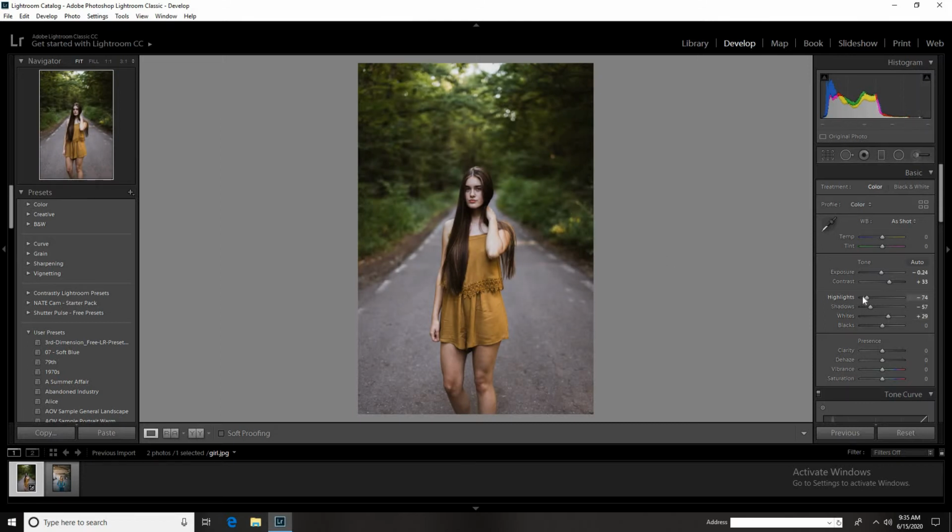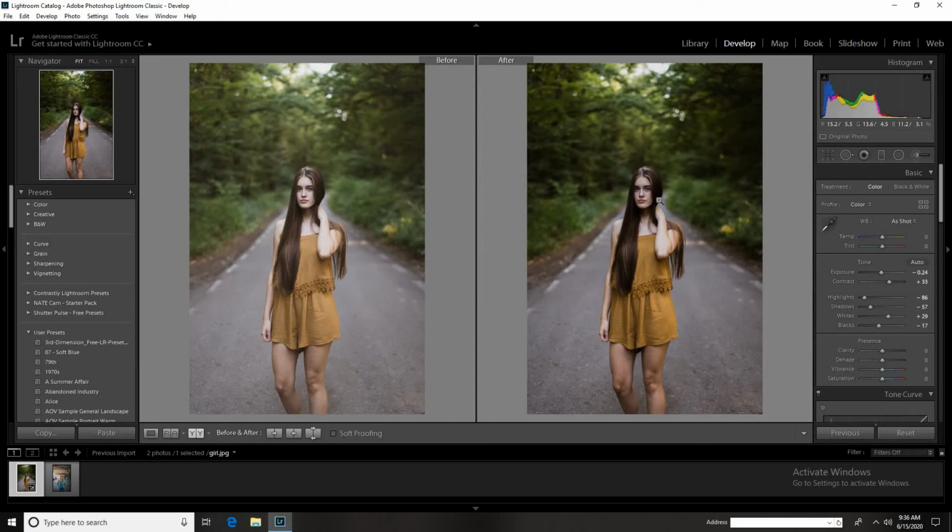Here I am again decreasing our highlights a little bit. After it, we'll go to blacks and decrease them also. You have to decrease it around 20, and you can see the difference in the picture till now.